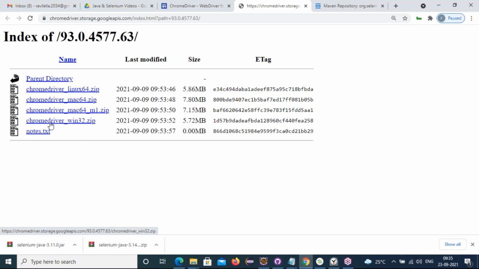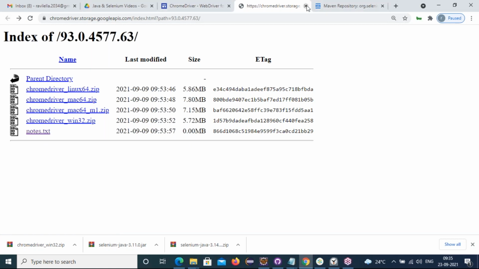I am clicking to download this Chrome driver, this one. Friends, if suppose your system is Mac, download the Chrome driver Mac 64. If you are working with Linux, we have to download Linux supported Chrome drivers. If working with Windows, we have to take Windows supported Chrome drivers. Even 64-bit or 32-bit doesn't matter. For every bit OS, the Chrome driver is similar. Download this. Okay, fine.